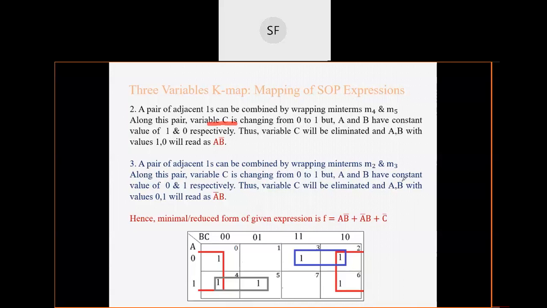I got one question, a good question actually. The question is: is it not possible to make a pair of cell 0 and cell 4? Now if you observe, these two cells are already taken care of in the quad itself. Since both cells are in the quad, there is no need to go for the pairing. If there had been a 1 here that did not come in the quad, then you would have paired it with this one. If both cells already come in a larger square or larger combination, then do not pair them. Again, this point is very important. There is no point in doing that.